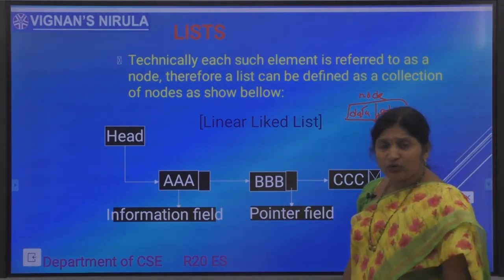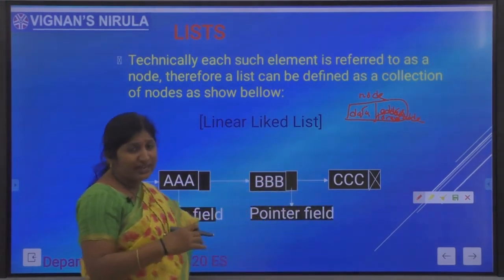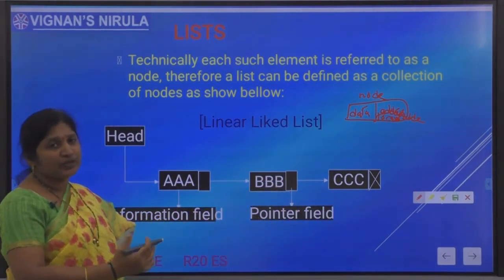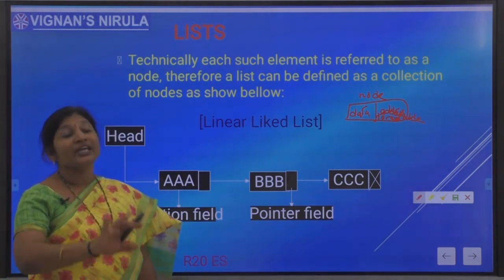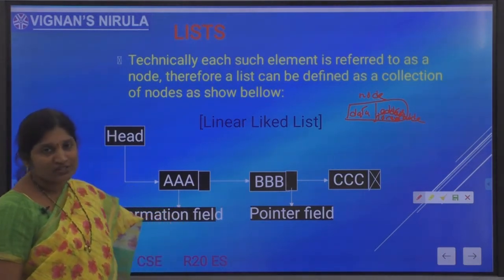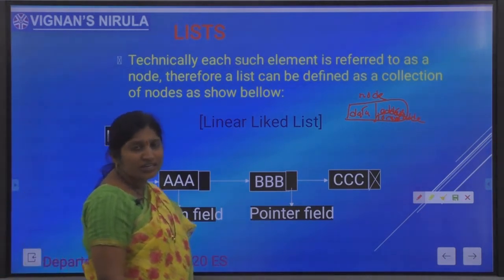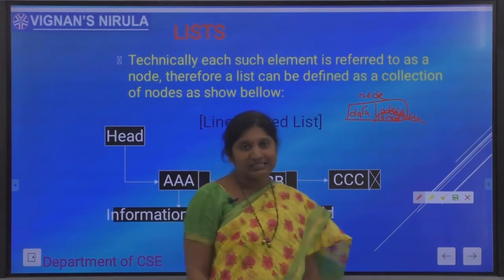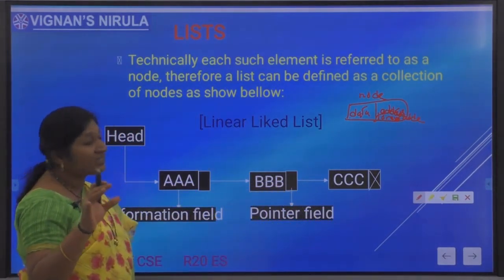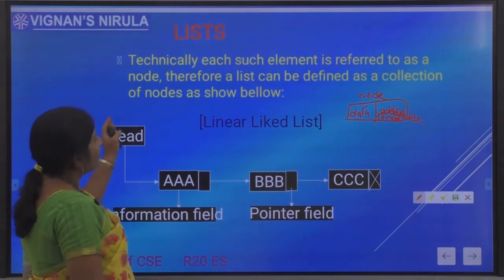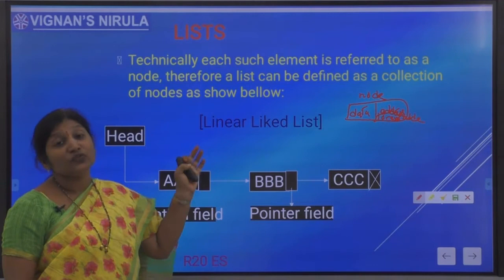As you already know, a list is a linear data structure which identifies the linear relationship among the given group of elements by storing them in non-contiguous memory locations. How can we establish the linear relationship among non-contiguous data items? By using links. So a list can be defined as a collection of nodes.